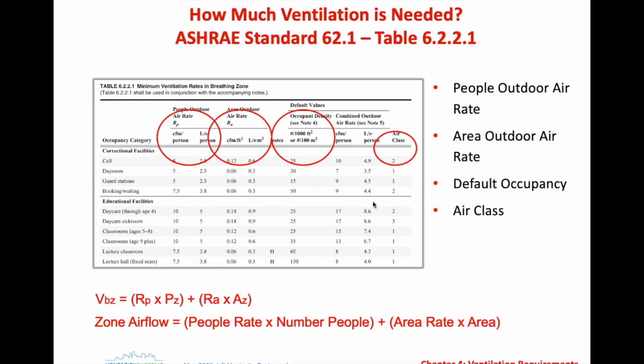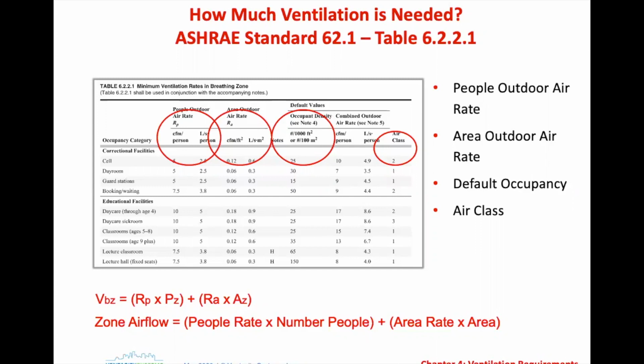Now, there is a default occupant number here. So a typical day room in a correctional facility showing 30 people. It may be that you know that there are only going to be 10 people in that space, or that there are going to be more. So as you're designing this, if you have knowledge of what the actual occupancy is planned for, then you'd want to put that in, and then that will determine your proper ventilation rate for that space.